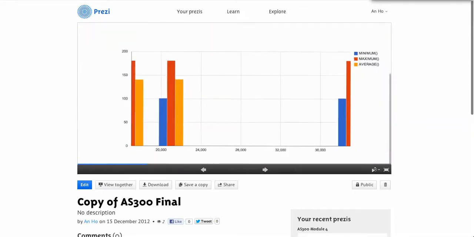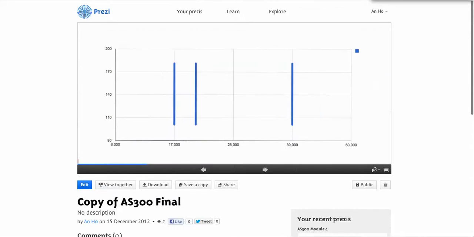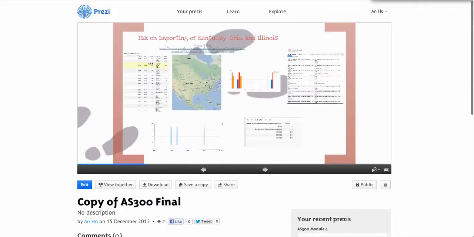This is a chart about the maximum, minimum, and average tax on importing among these states. Also, here's another visualized chart to compare the tax. I also have a summary table of the data and the charts that I collected.